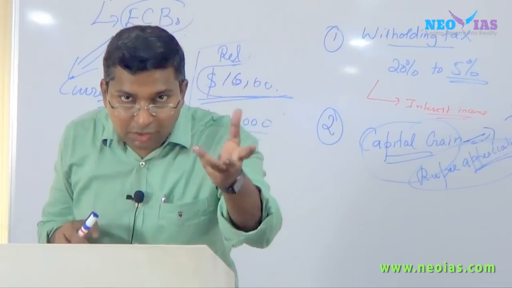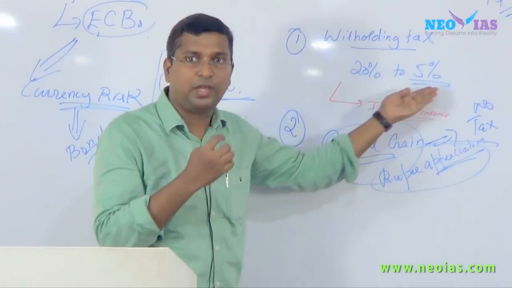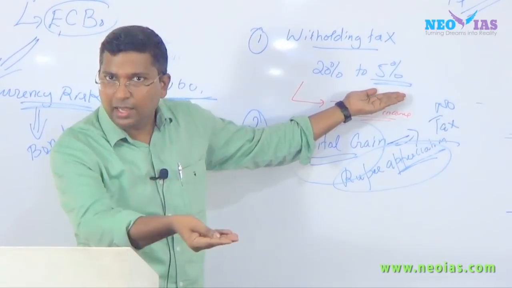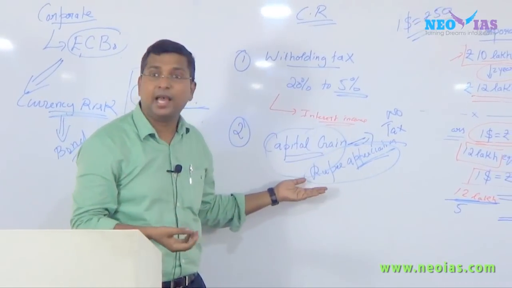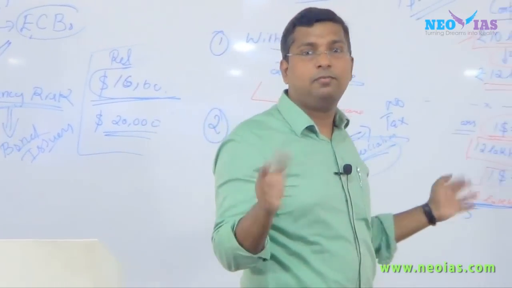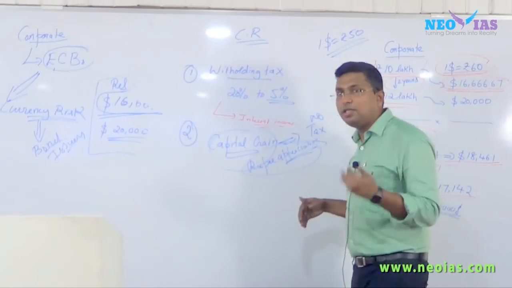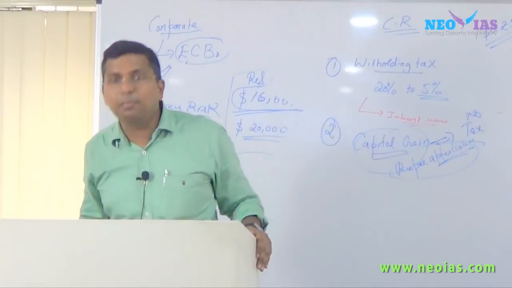So by giving them these two favors, by reducing the withholding tax from 20 to 5%, so that the tax on interest income from this bond will be less, and by saying that if in case the rupee appreciates and you get any capital gain, we will not charge any capital gain tax from you, the finance ministry is promoting masala bond. At the same time,